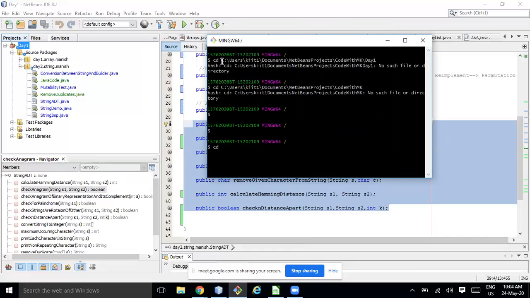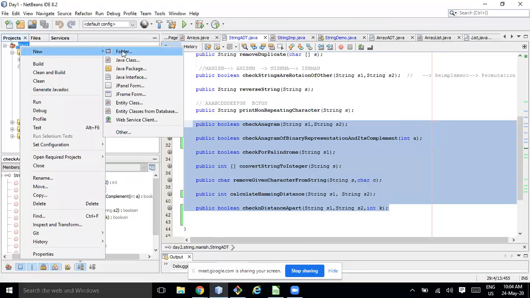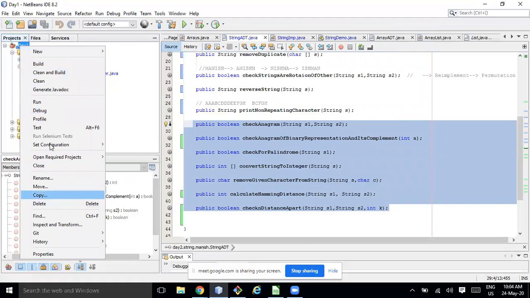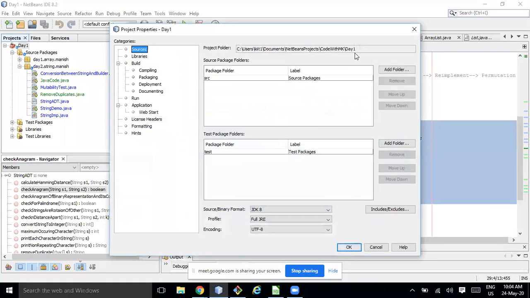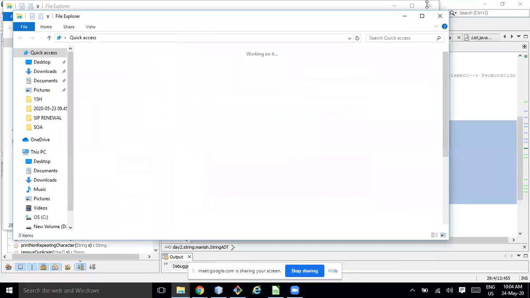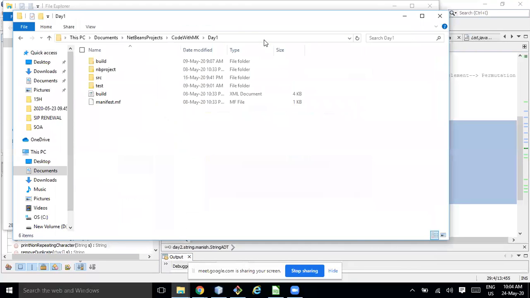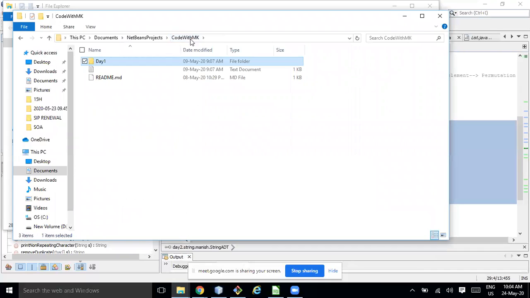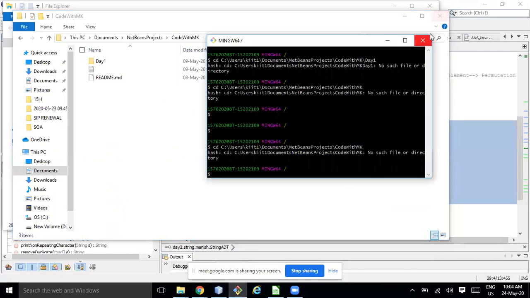No such file or directory. Or a better option, I'll go directly into the folder and do Git Bash here.